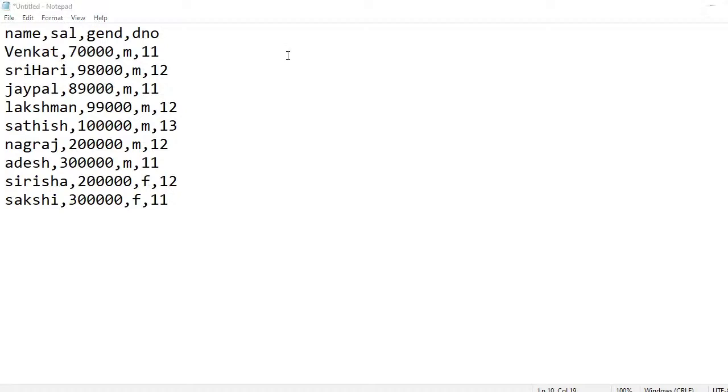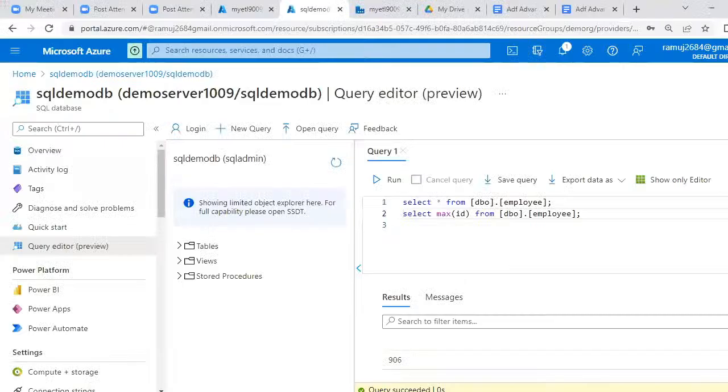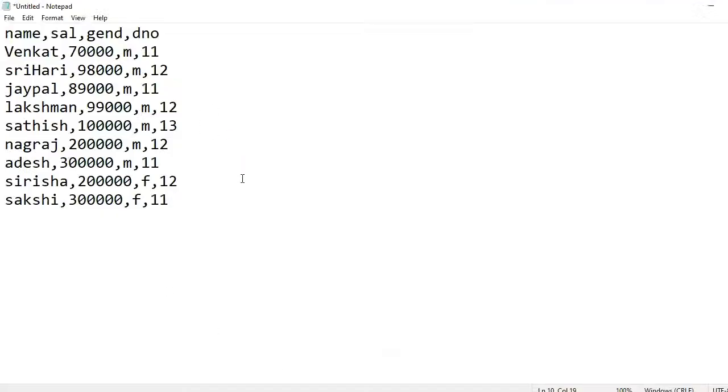What is the last record ID? 906. Yeah, 906 it is. I'm saving this file, but there is no ID column here. ID is to be generated automatically. Here the task is,